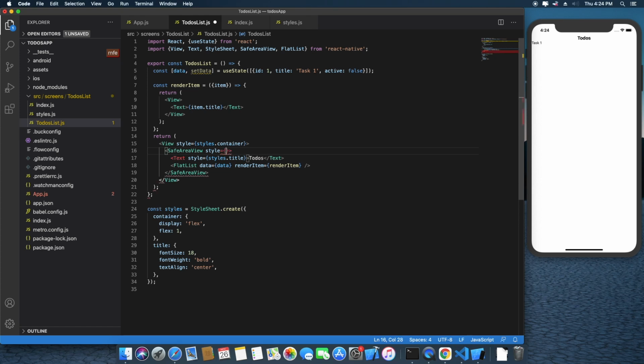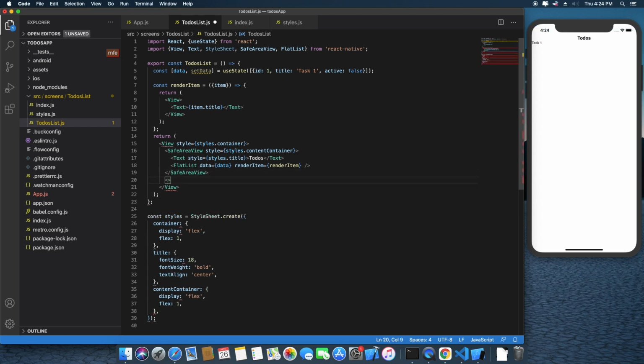Style equals styles.contentContainer. Display flex and flex value 1. Okay, then inside a view,